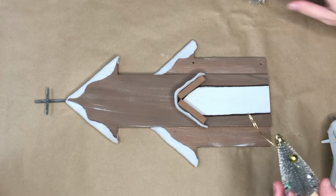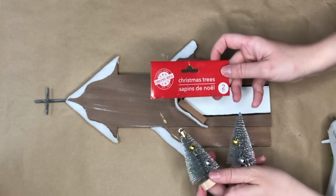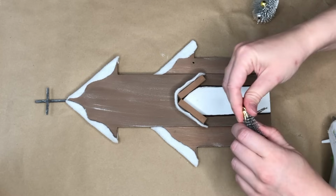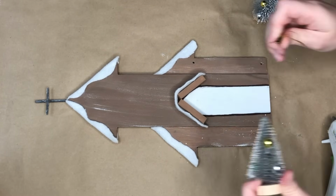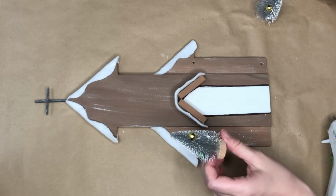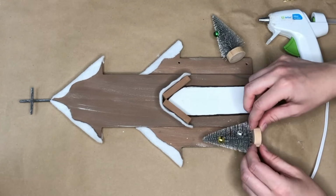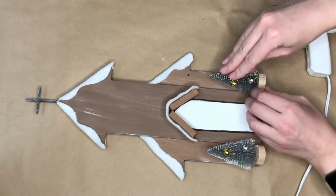The finishing touch was adding a bit of color to my snowy church. I found these ornaments from the Dollar Tree. You got 2 of them in a pack, and I thought they were so cute. So first I took off the ornament section, and I didn't want to mess up the tree, so I just kind of twisted and pulled, and that came off. And then I added some hot glue on the back as well as the bottom base, and I placed 2